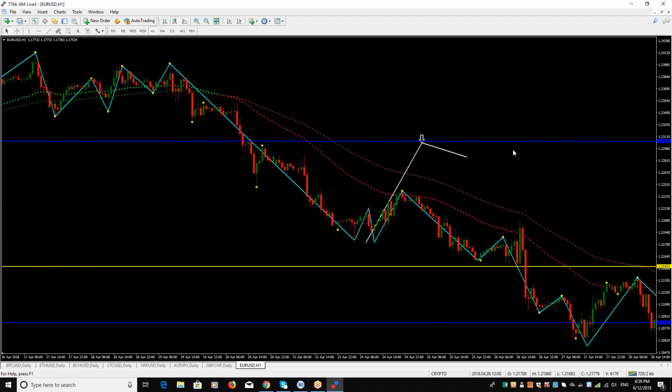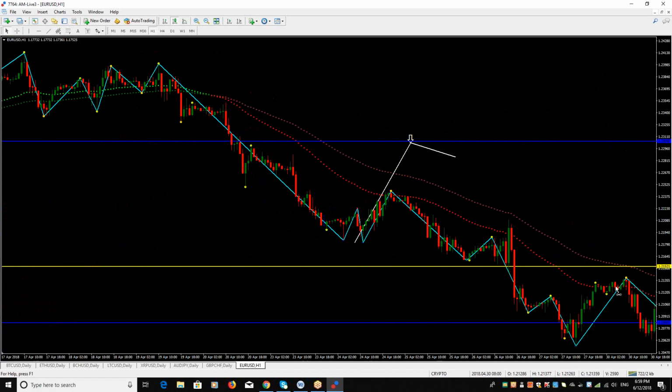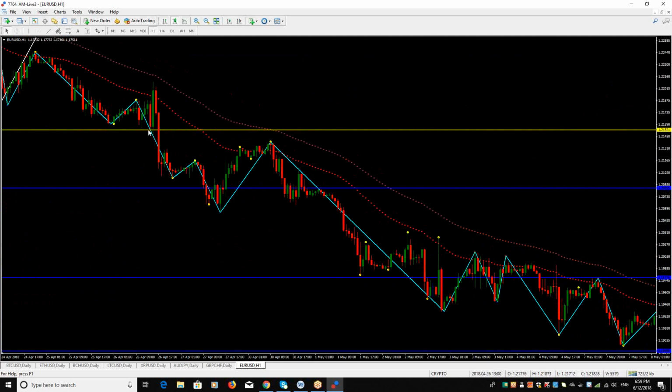Okay, so this is what we were looking for. The market didn't come back up to this zone. The market came back to the moving average. Now, yet again, we go again. We still see that cycle of breakdown, pull back, breakdown, pull back, breakdown, pull back. Now, when the market then moves to the supply zone, this bit now, and also at the demand at the moving average, the moving average is also red, then we're looking for a sell, especially if we get